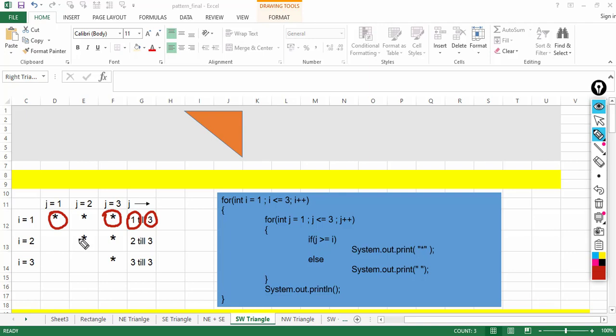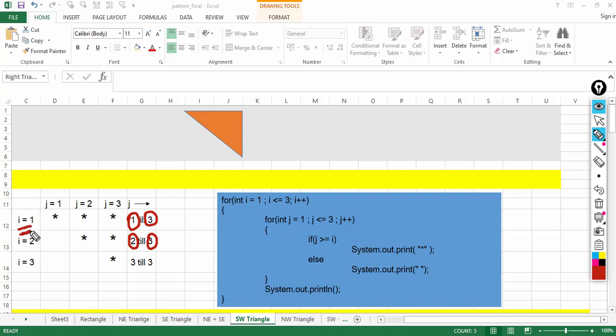Here we have to print a star from J equals 2 till J equals 3, and here from J equals 3 to J equals 3, only one time, and the remaining times we have to print a space. So here we need to start from 1 and go till 3. Here we need to start from 2 and go till 3. Can we make use of this I here? Yes, we can.